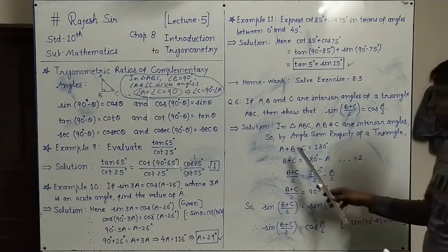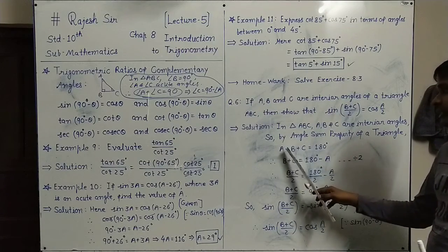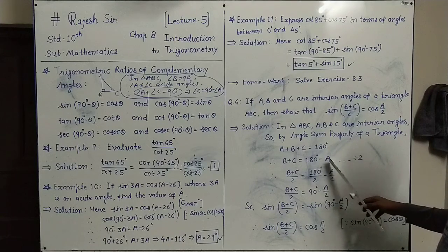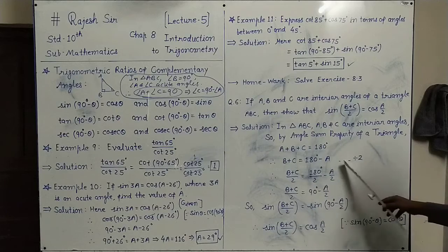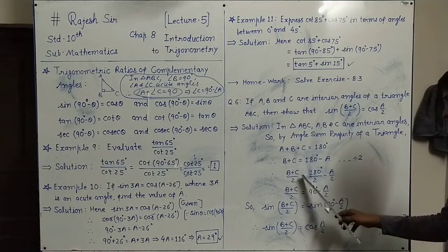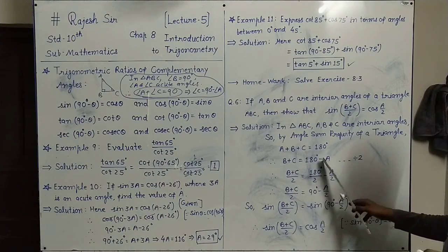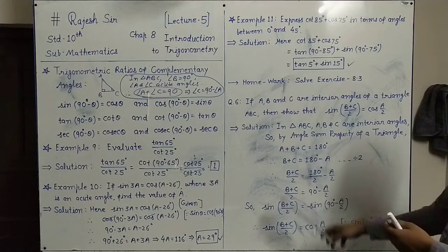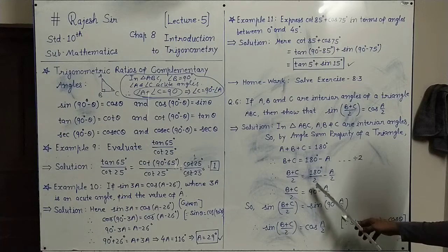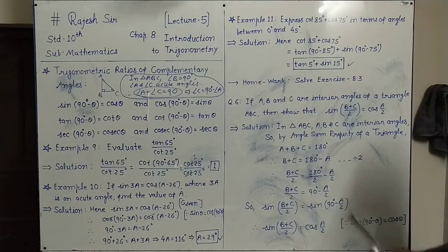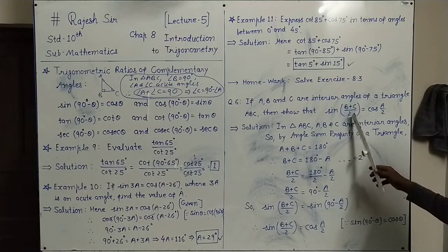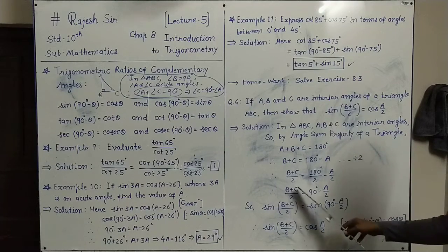Now, very simple: B plus C is here, and A on the left is taken to the right as minus A. So we have B plus C equals 180 minus A. And this whole expression is divided by 2 now. So what will we have? B plus C upon 2 equals 180 upon 2 minus A upon 2; 2 is divided in each term. Now B plus C upon 2 as it is, 180 degrees upon 2 gives 90 degrees minus A by 2. Now we apply sine on both sides.